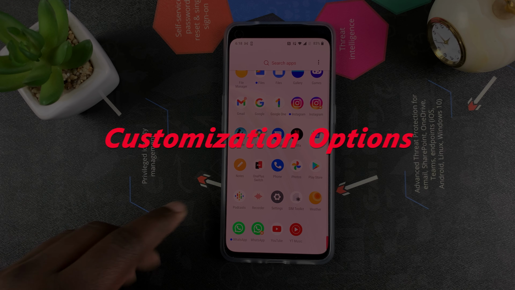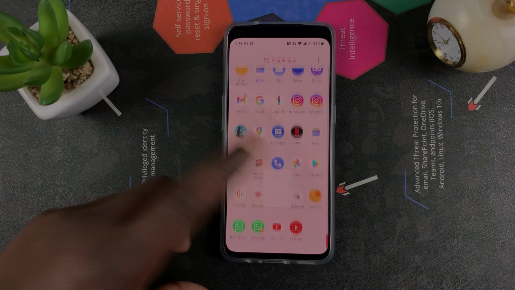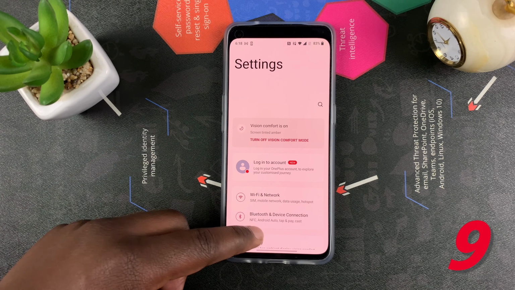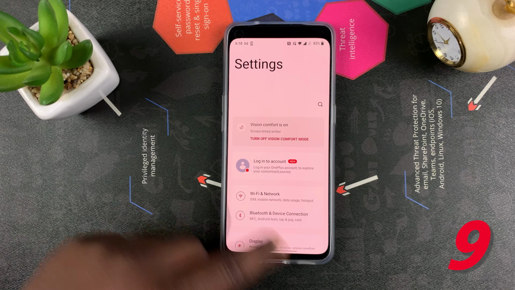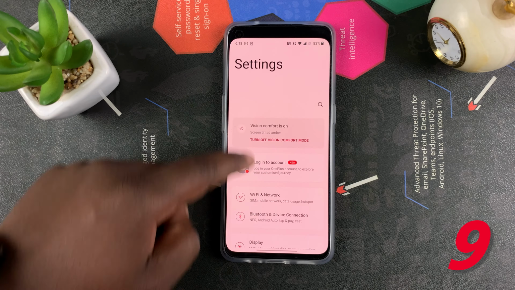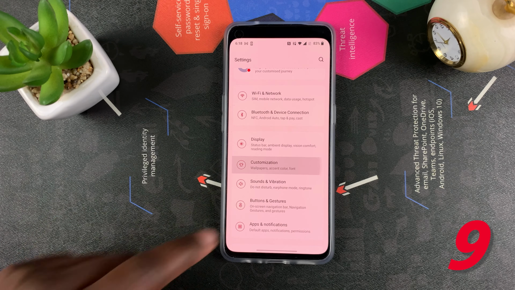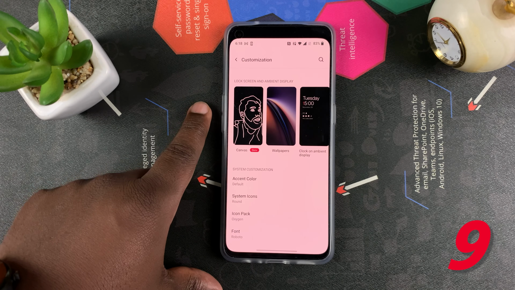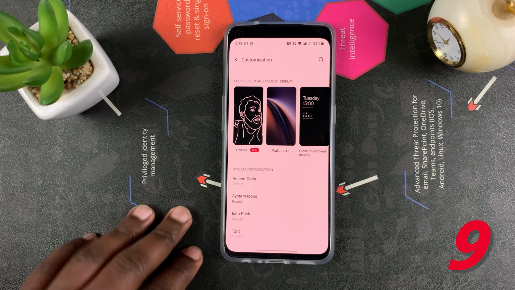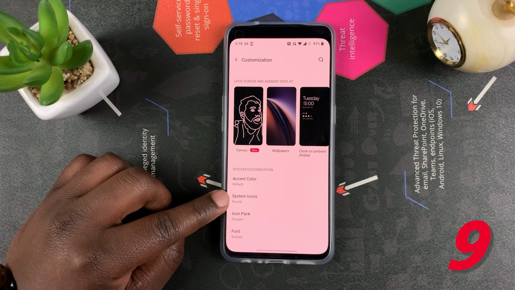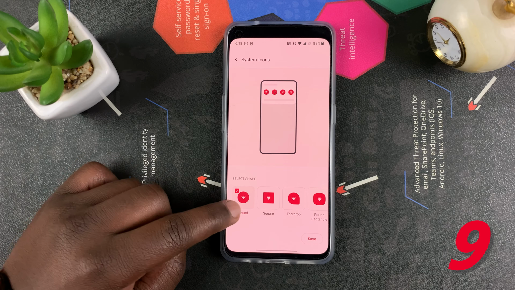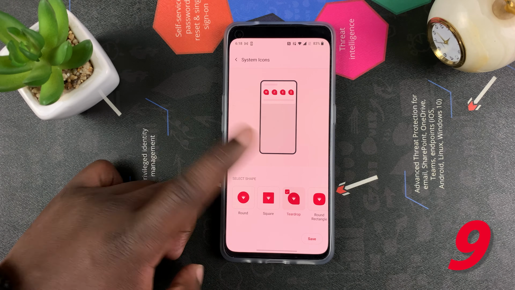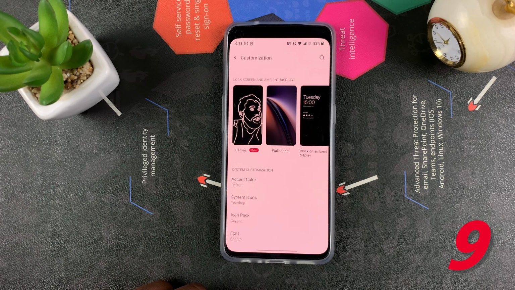Anyway, next up is customizations. Now this phone also carries a bunch of customization options that you can find in settings. So go to settings, then go to customization, and here there are a couple of things you can customize, like accent color, system icons. For instance, you can change from the round icons to these teardrop icons, then tap on save,